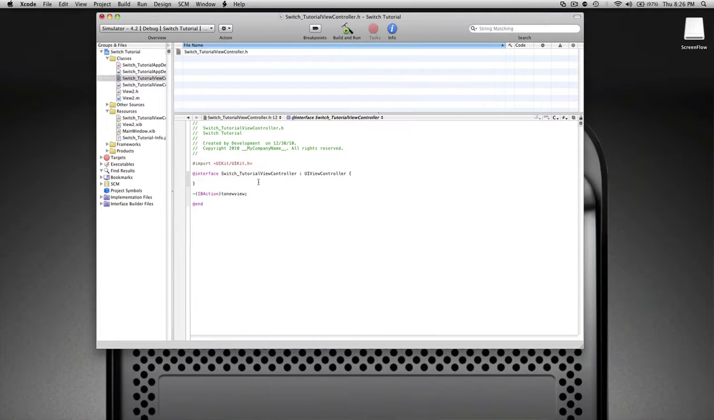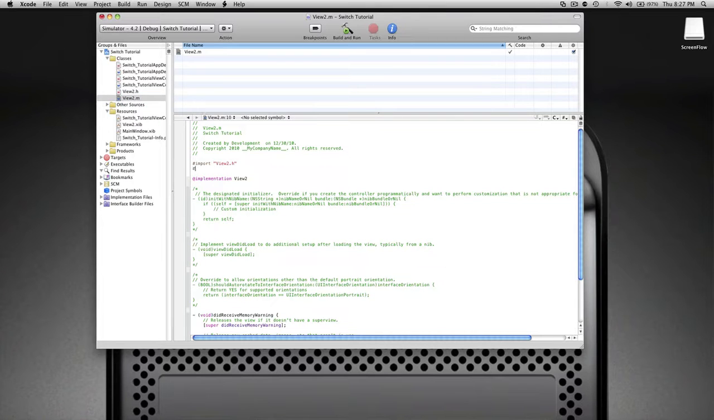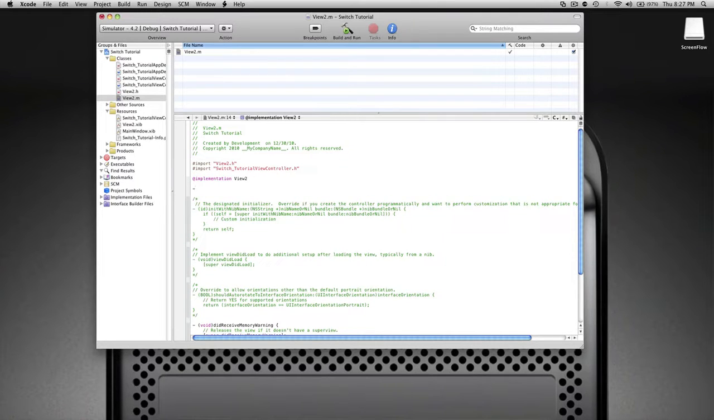Command S, Command S. Now we're going to go into our View2, and we're going to enter after the curly bracket 2 times, and then dash, open parentheses, IBAction, close parentheses. Now we're going to enter back, close semicolon, Command S. In View2.m, now we're going to import, open quotes, SwitchTutorialViewController.h, close quotes. After the @implementation View2, hit enter 2 times, dash, open parentheses, IBAction, close parentheses,